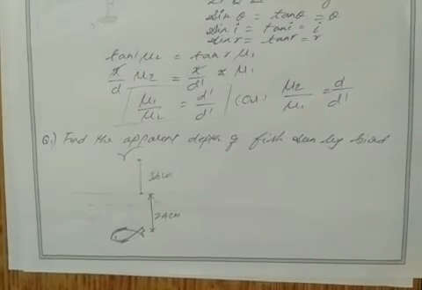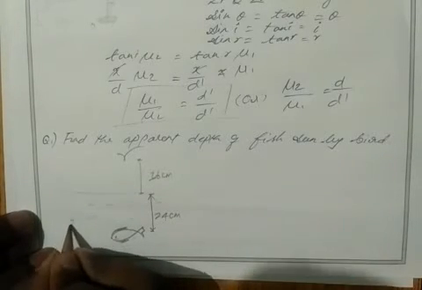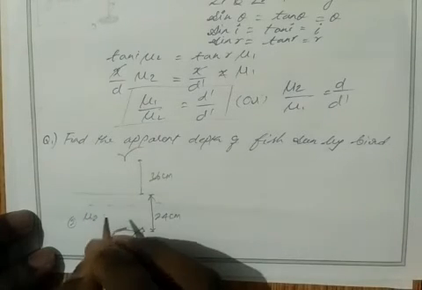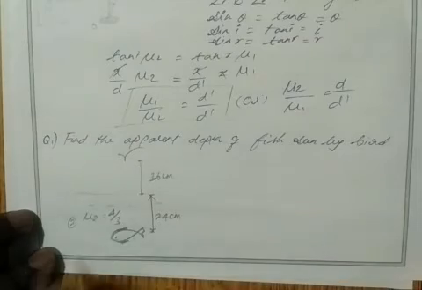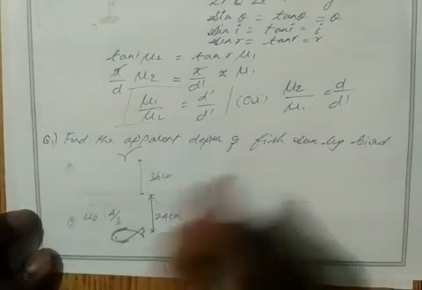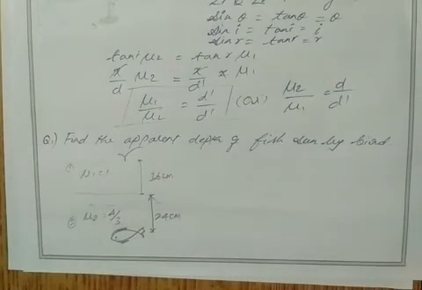So which is the first medium and which is the second medium? Light is coming from the fish as the bird is seeing it. So this medium is taken as 2, which has refractive index mu2. That is also given in the problem: 4/3, the refractive index of water. Then this medium is 1. We know the bird is flying in the air, so we take the refractive index of air as 1. So we have to find the apparent depth.